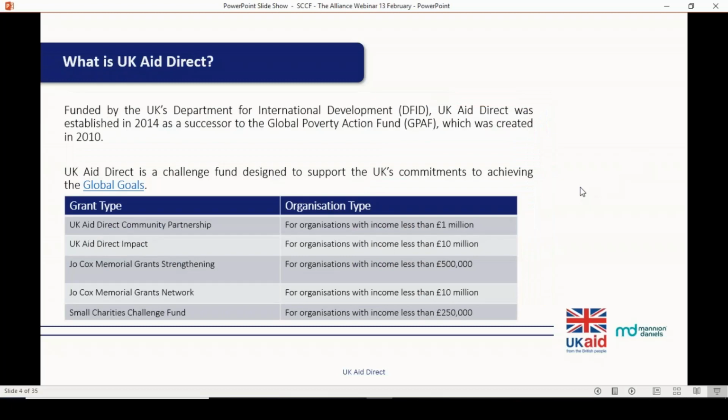So in terms of UK Direct broadly, UK Direct has been running since 2010. It was previously known as the Global Poverty Action Fund. It's essentially the UK government's funding mechanism to support small and medium-sized civil society organisations to achieve the global goals. It's multi-sectoral in nature and has been steadily growing for the past few years, and we now have 5 grant